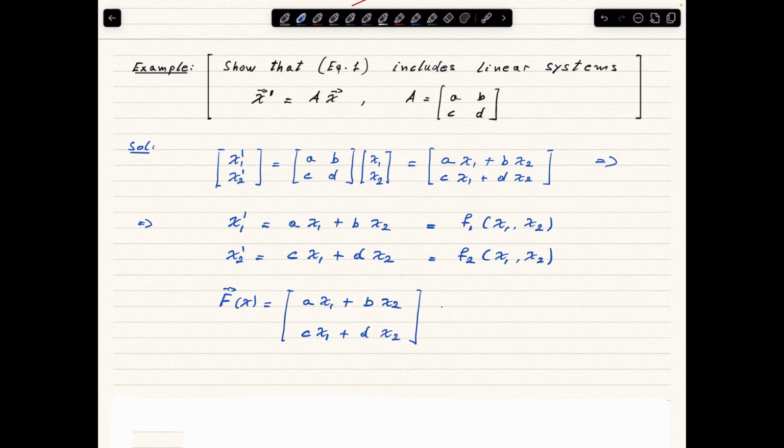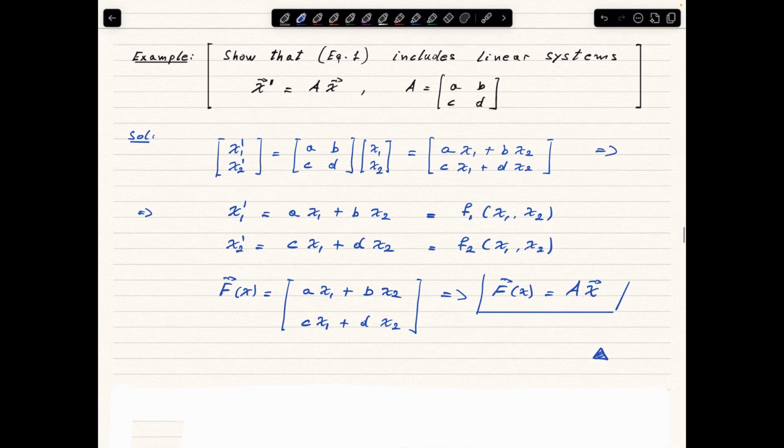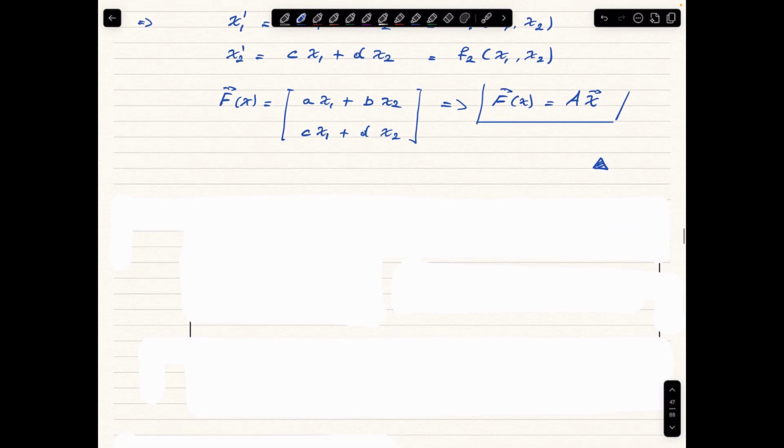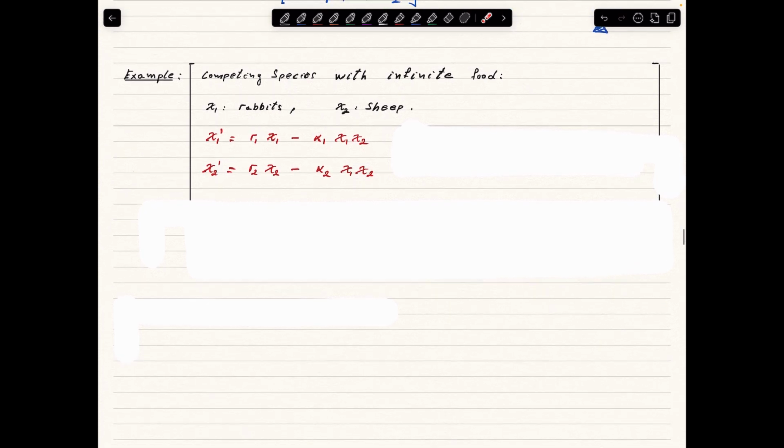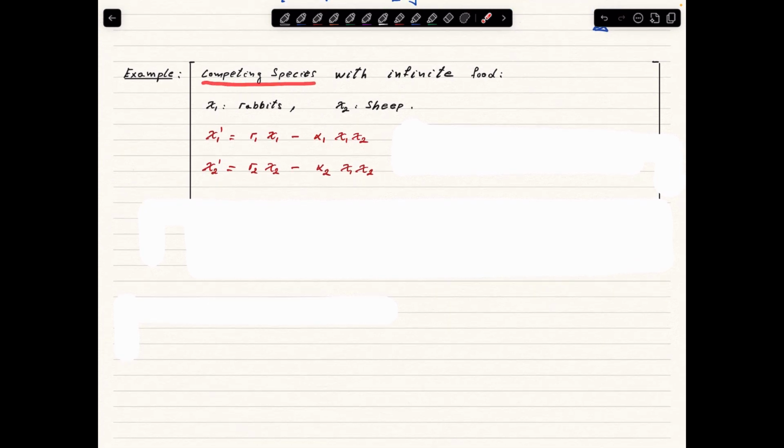So as you see, the vector field in this case for the equation, what we have called f of x, is nothing more than the vector product of the matrix with the variable, in the case that the equation is linear. So linear equations are a particular case of the systems we introduced above. But the systems we introduced above are more general than linear equations because they include other systems like, for example, this one,